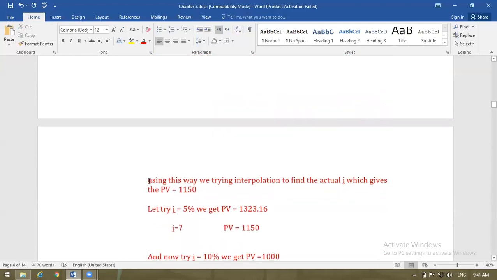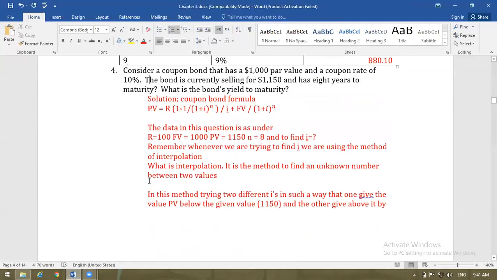So first of all, I try i equal to 5%. In the above formula, all remaining values are with me: R is equal to 100, future value 1000, number of years 8, and I am using i equal to 5%. So this gives me the present value